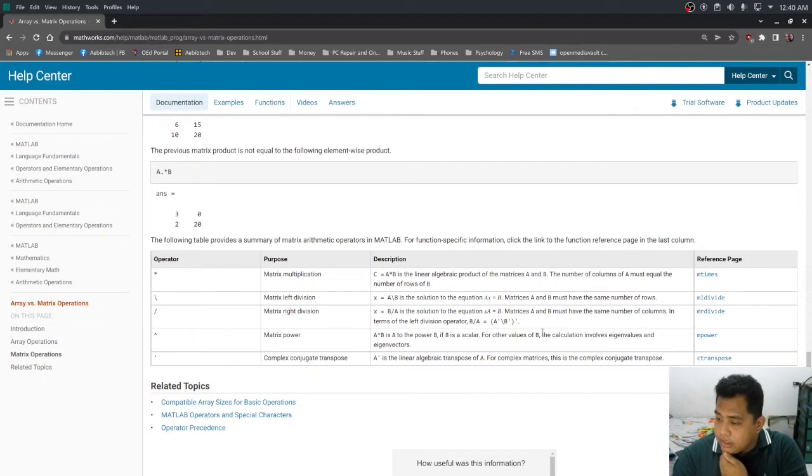For the other one, matrix right division, matrices A and B must have the same number of columns. In terms of the left division operator. We also have matrix power.